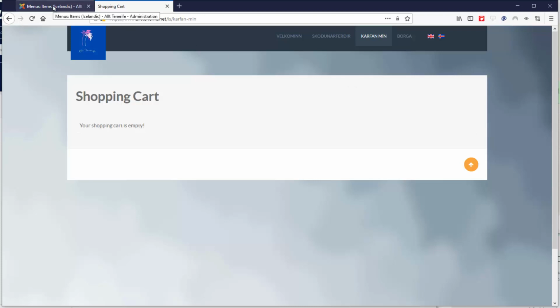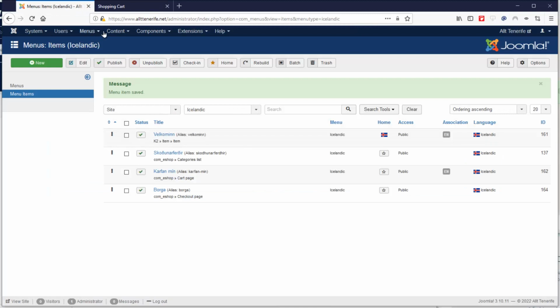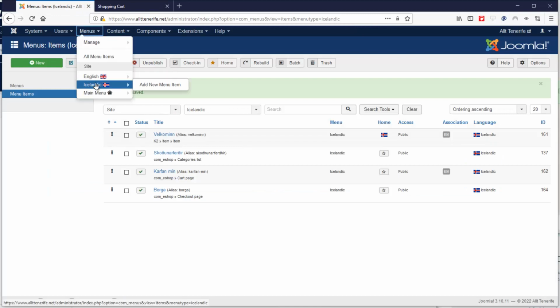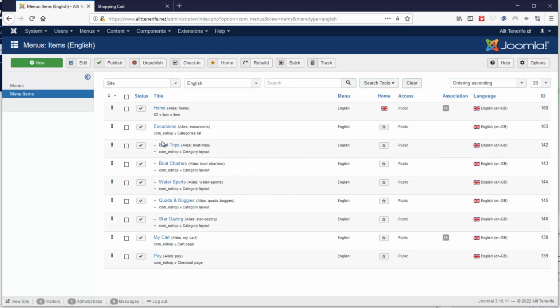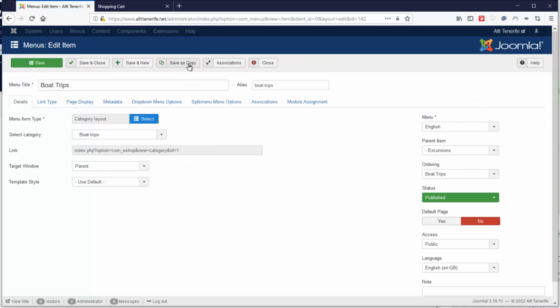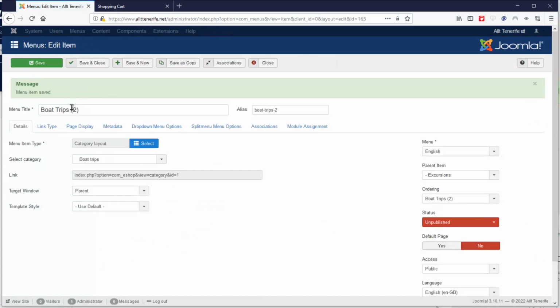So let's translate something else. The next item I want to do is put something on the excursions menu. So we've got boat trips here. So let's click on boat trips, save a copy. I'm just going to copy that into Google Translate, and hopefully that translates as boat trips. We don't need to change any of this,